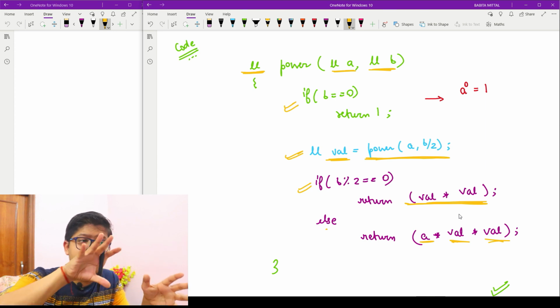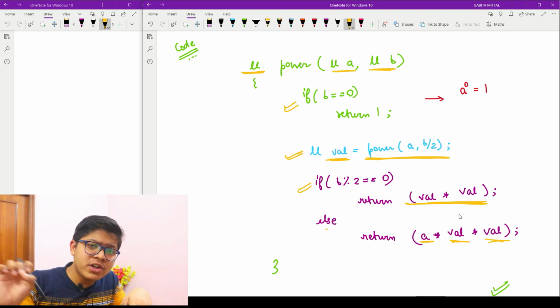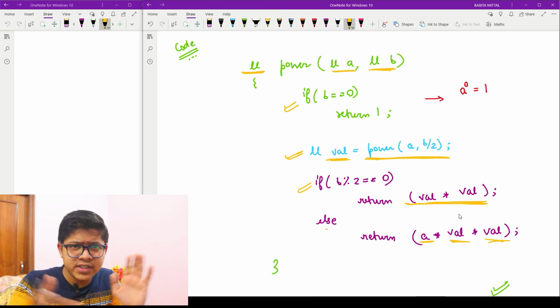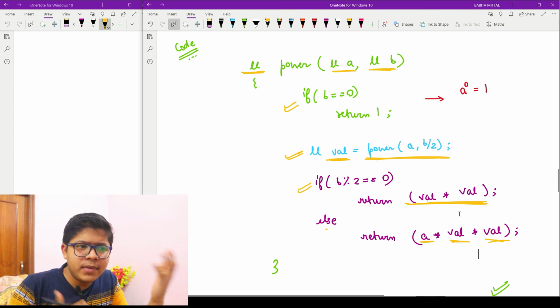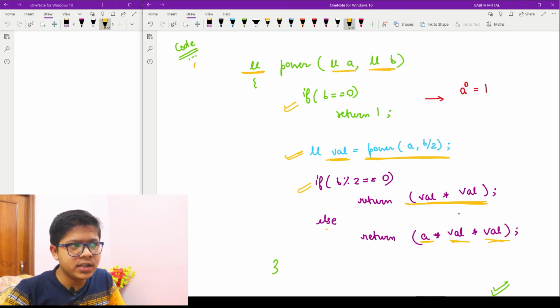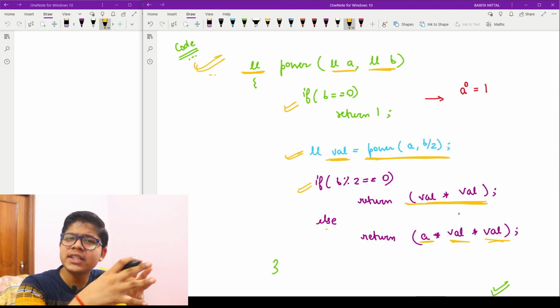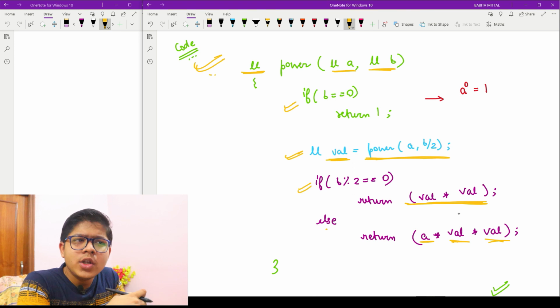So if you're not familiar with recursion, go watch those starting 2-3 videos and you will be good to go. Now you can clearly see that I am calculating my exponent and doing it very well. The only drawback was that I was using extra space. Okay, no worries, we will resolve this in the next video.